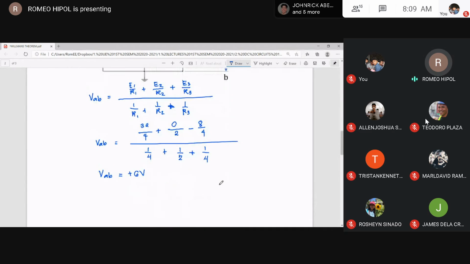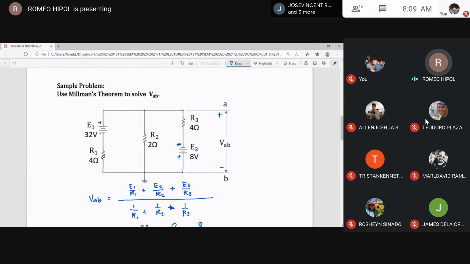So, ito yun, terminal voltage. Ako ha, paano naman kung hinahanap yung current on each branch? We are going to find the power across the 4 ohm resistor or R sub 1. So, take note, the power formula can use V squared over R or I squared R. So, in this case, from the given value, we have a terminal voltage AB, which is 6 volts. Tama? Then we have